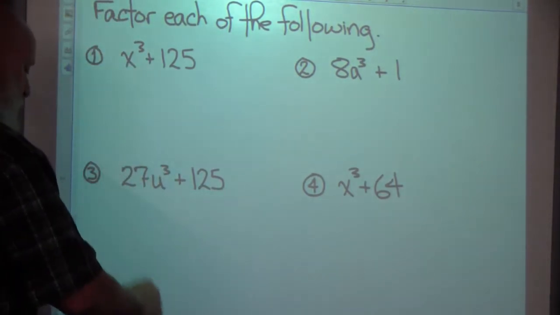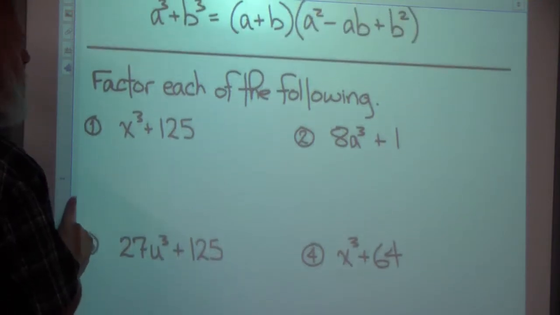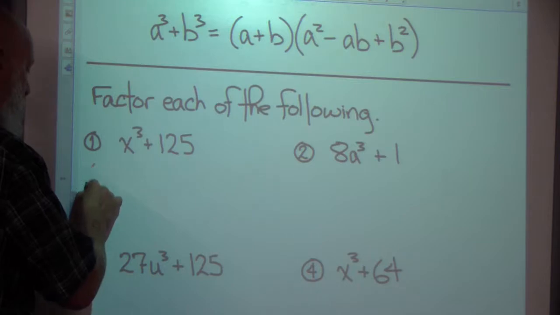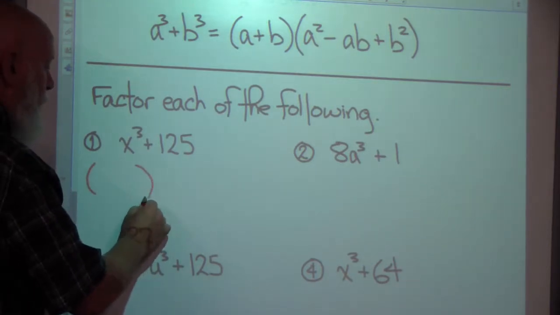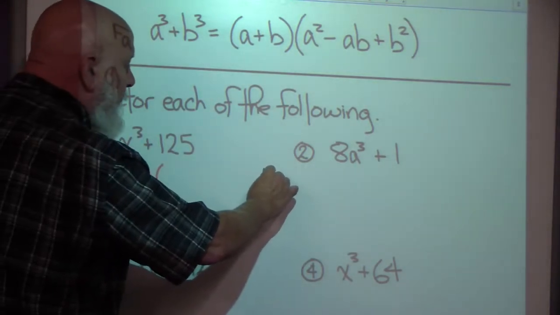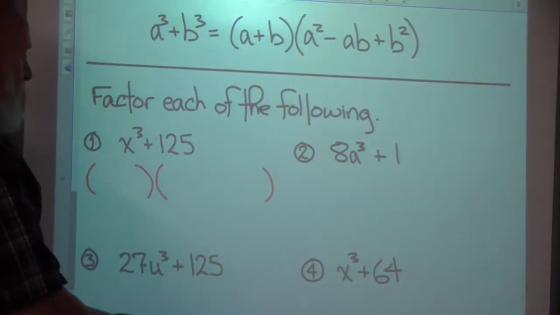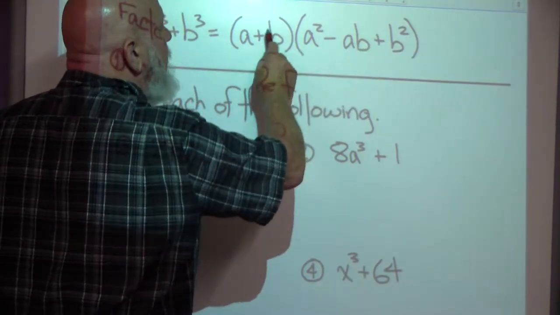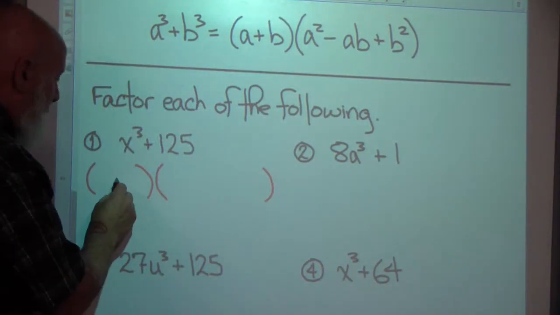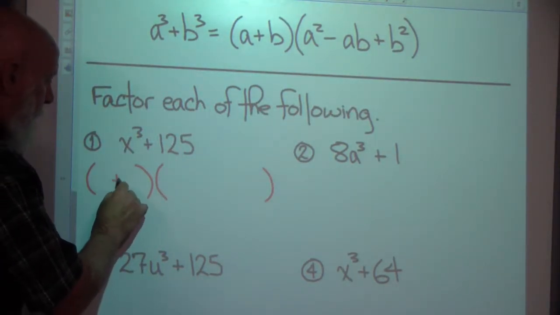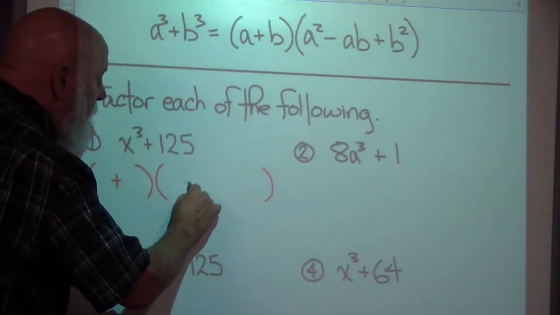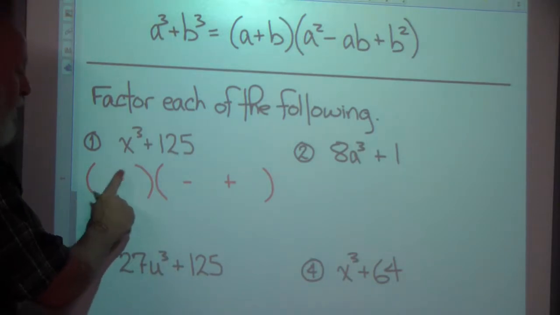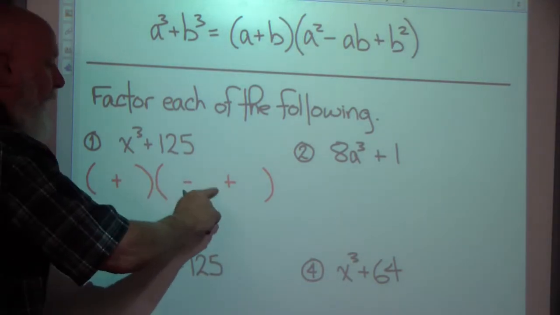To factor this, I'm going to use this pattern right here. I'm going to open up a small set of parentheses for a binomial and a larger set of parentheses for a trinomial. And I'm going to pre-place my plus and minus signs. Look at these plus and minus signs here. I'm going to pre-place mine. Plus, minus, plus. Okay, now all I've got to do is figure out what goes here, here, here, here, and here,